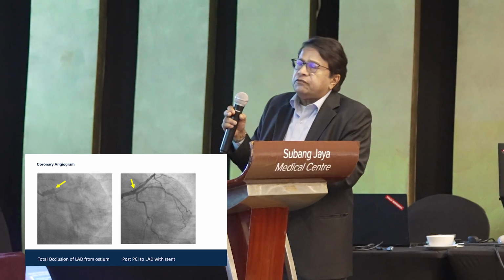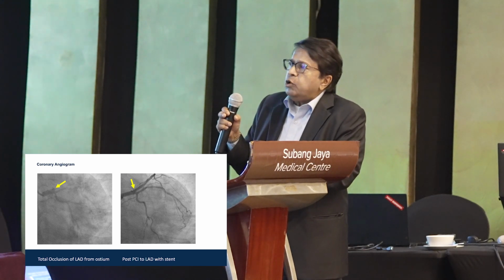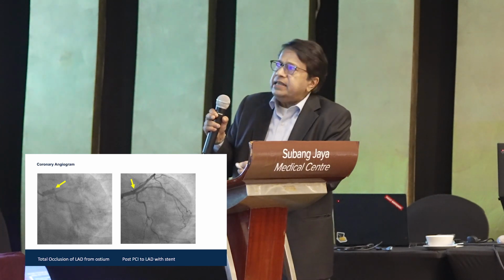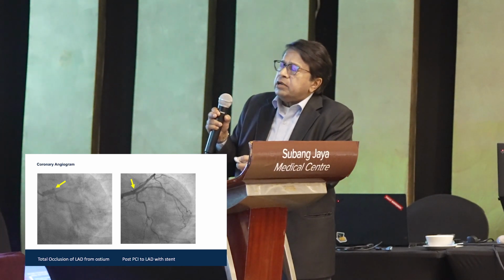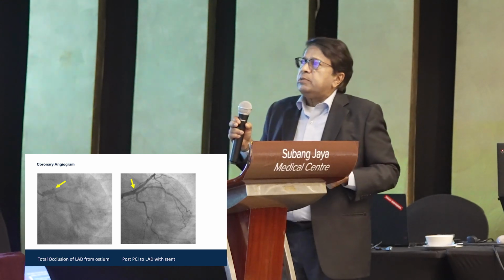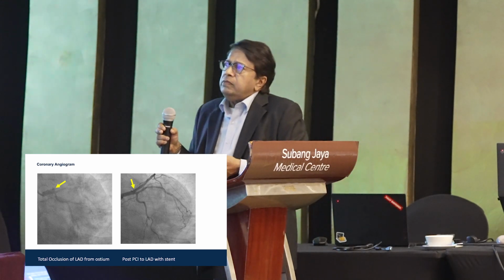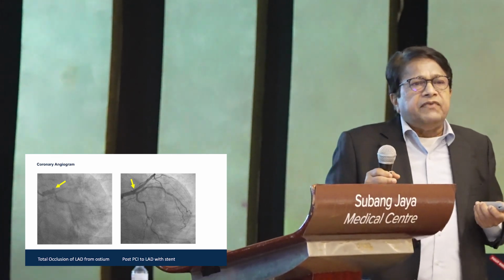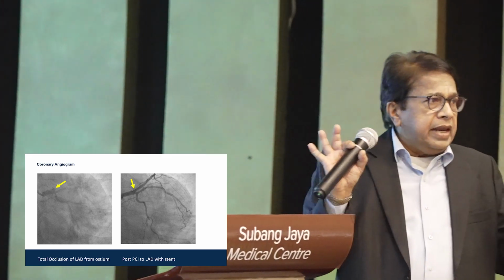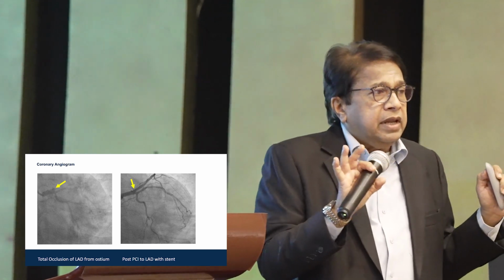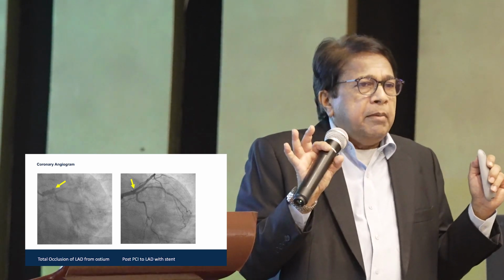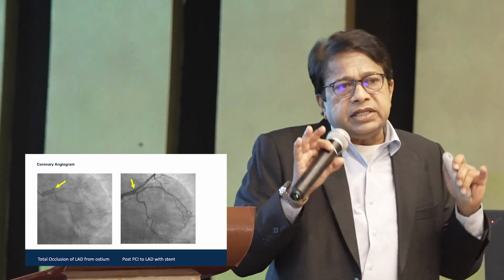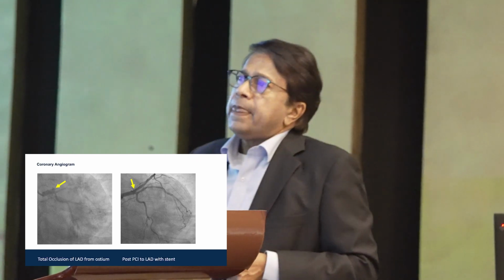We aspirated a lot of thrombus, and we opened up the vessel very easily and deployed a stent from the ostium to the proximal segment. It's about 28 mm long, and we established the flow to that territory which was infarcted. Knowing fully well that in that area you have Q waves already, it's probably infarcted. But he had chest pain, so you give him the benefit of the doubt. So that's why we revascularized him.